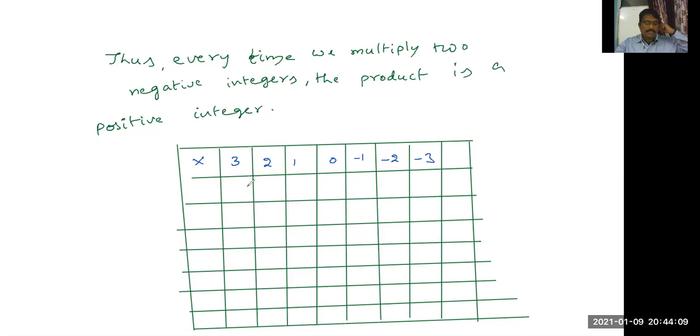That's it. Now here I am going to take 3, 2, 1, 0, minus 1, minus 2, minus 3. Right. So children,